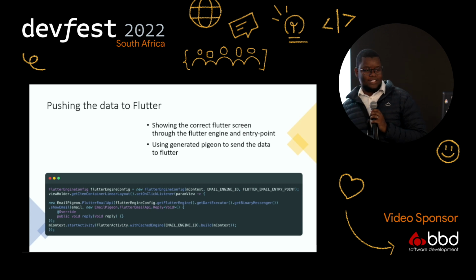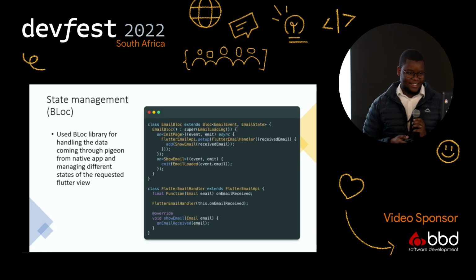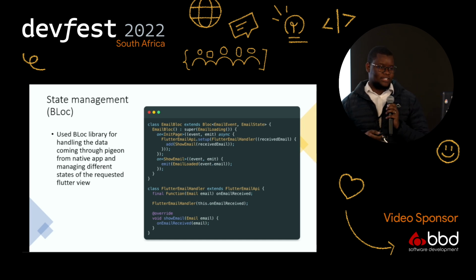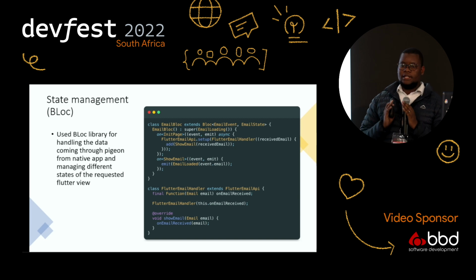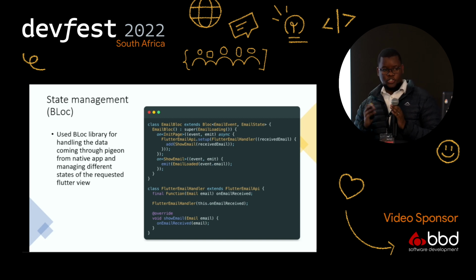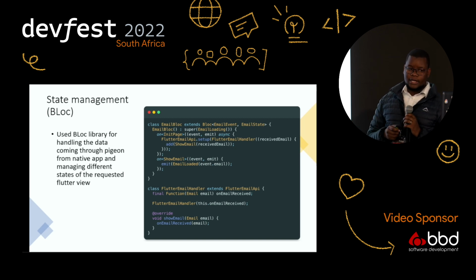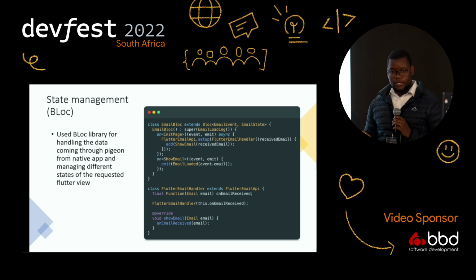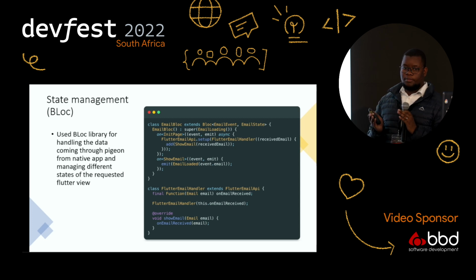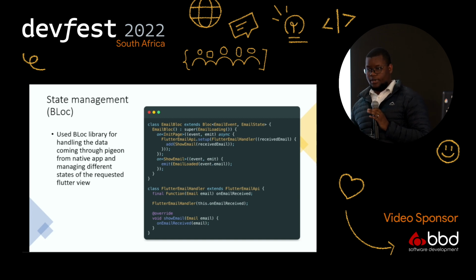Cool. Now it was time for the final step in the strangling. Integrating Flutter into the native app meant that the native app becomes the data source for Flutter. And when the data from the native app changes, the Flutter screen view needs to respond to those changes. So in this case, on the Flutter side, as a design pattern, we used the BLoC library, which stands for business logic component. Through using this library, we're able to achieve separation of concerns and respond to data changes from native, either updating a single view or a full screen activity on the Flutter side,